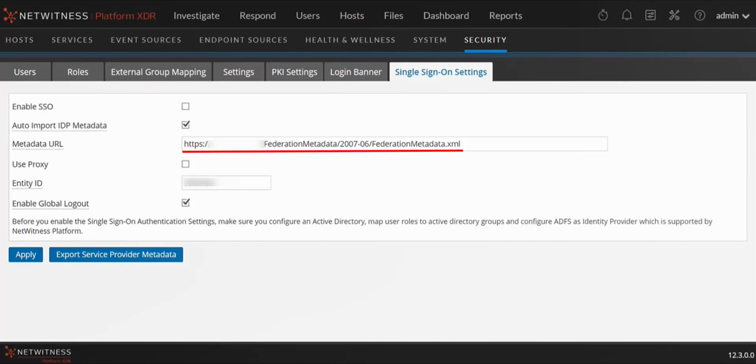This URL generally takes the form of https://youradfs/federation metadata/2007-06/federation metadata.xml. This URL allows NetWitness to access Active Directory and import the required metadata for the purposes of single